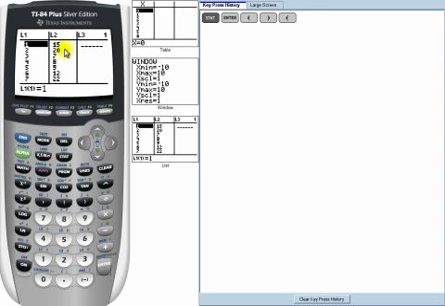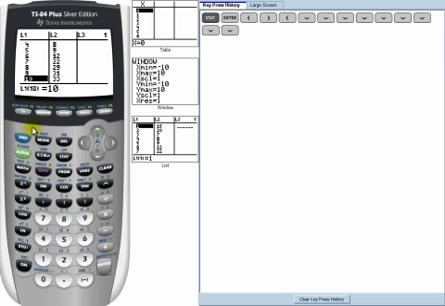I will scroll down to give everyone a chance to look at the data and enter it on their own. Remember, you can always pause and rewind this tutorial to pick up any data you might have missed. Alright, once all the data is entered, you can quit out of the menu by going to the stat plot,